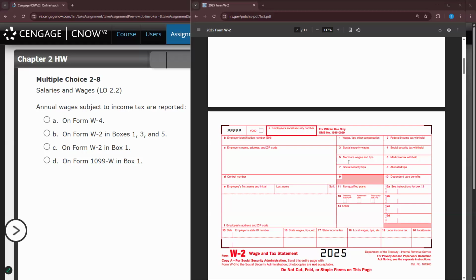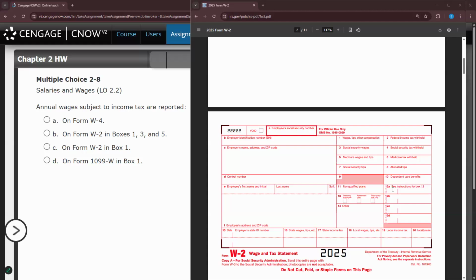One thing you can do, if you're working for an employer, is decide to put aside money for retirement, put money into a 401k. Let's say an individual has a gross salary of $50,000 and decides to put away $10,000. Box 1 is going to show $40,000, which is taxable, and boxes 3 and 5 will show the full $50,000. And then in box 12A, depending on if they are working for a government organization or just a regular company,